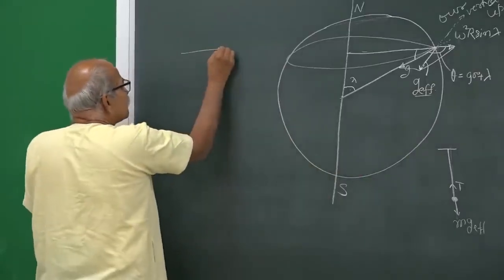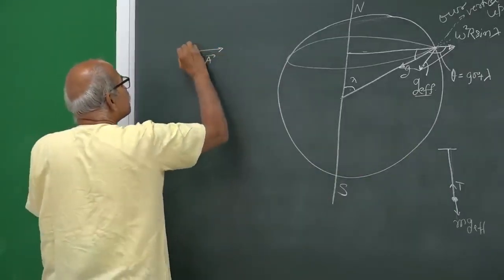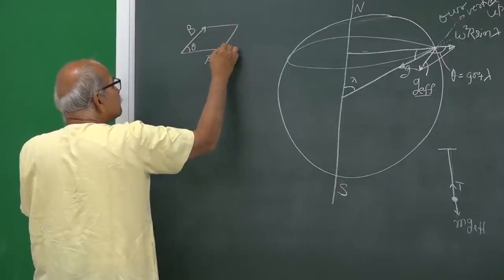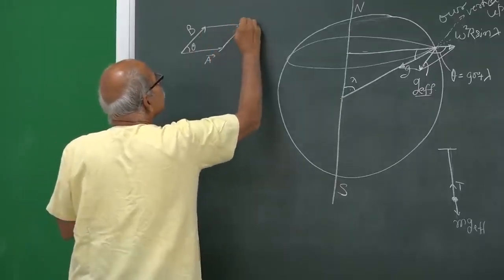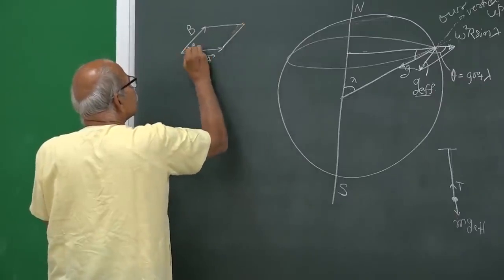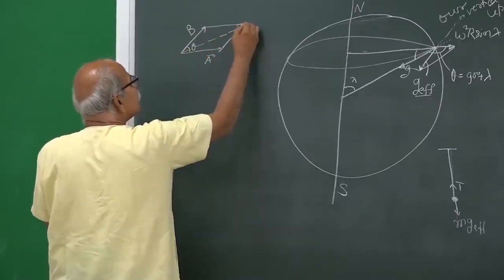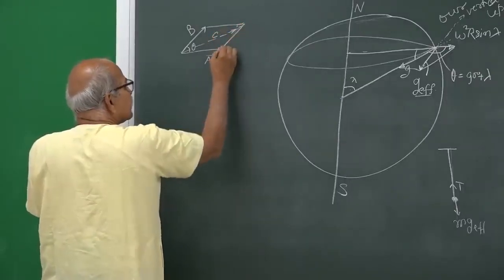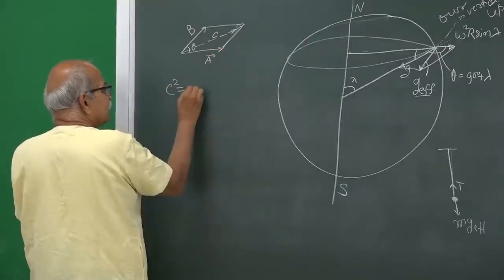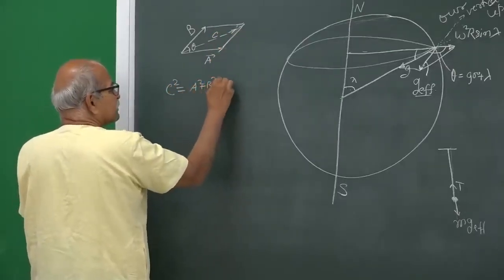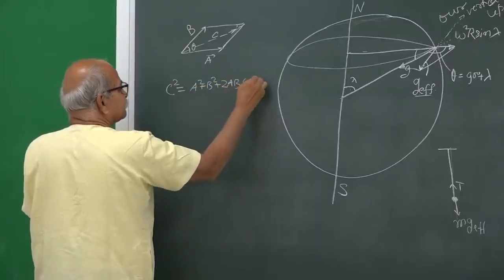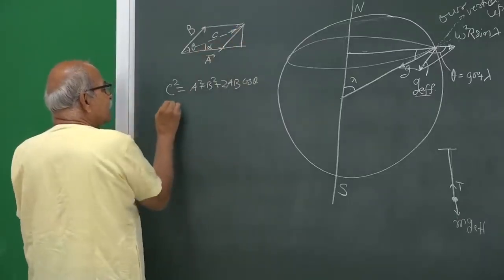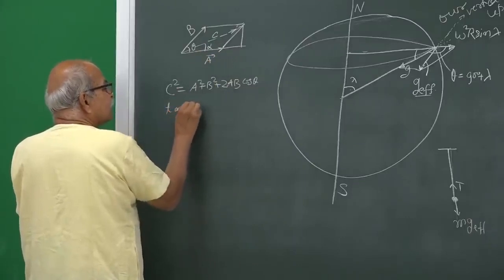So, you remember, if you have a vector A here and a vector B here, and the angle between them is theta, and this is how you complete the parallelogram, and then you say that this is the resultant of these two, the sum of these two, and you can call it C. Then the magnitude of C square is equal to A square plus B square plus 2AB cos theta. This is the magnitude, and this resultant makes an angle alpha with this A vector, where tan of alpha is